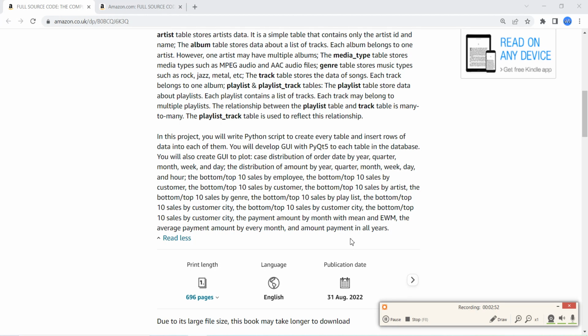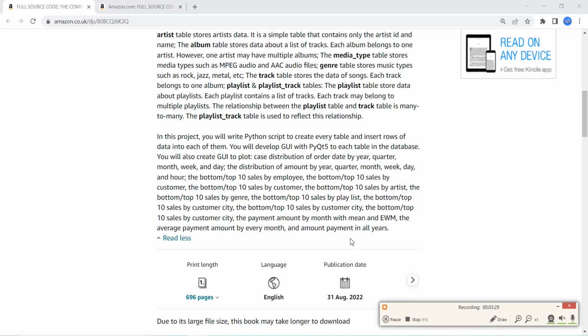You will also create a GUI to plot the case distribution of order date by year, quarter, month, week, and day, the distribution of amount by year, quarter, month, week, day, and hour, and the bottom or top 10 sales by employee, by customer, by artist, by genre, by playlist, by customer city,